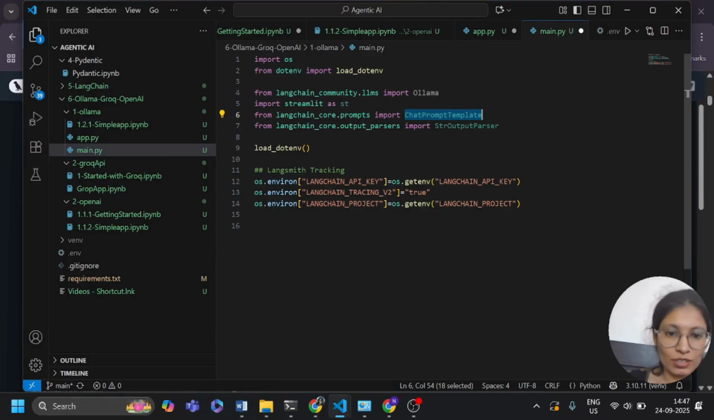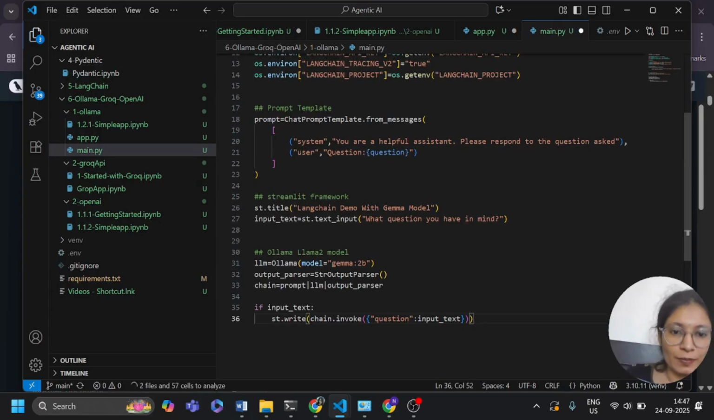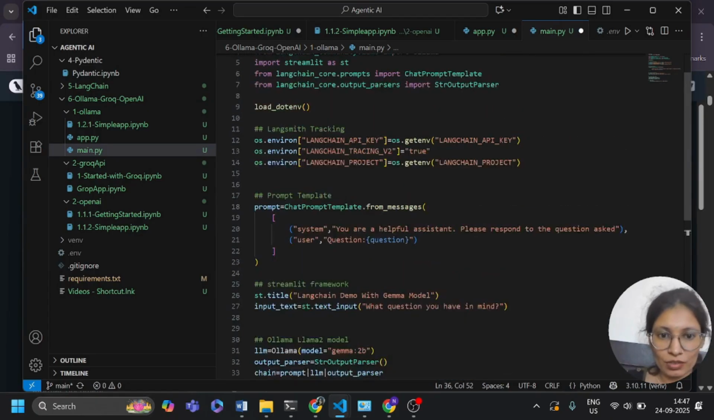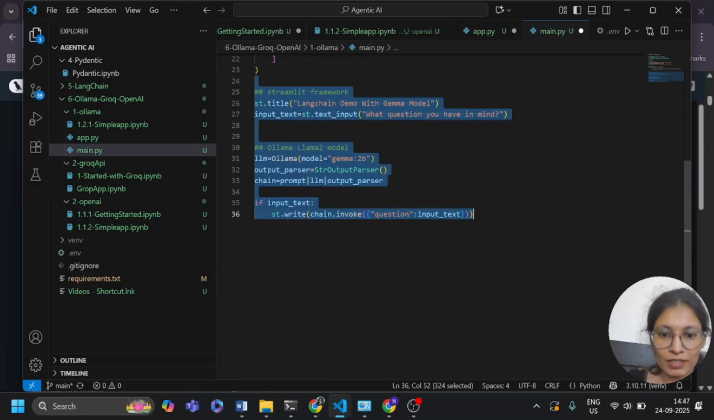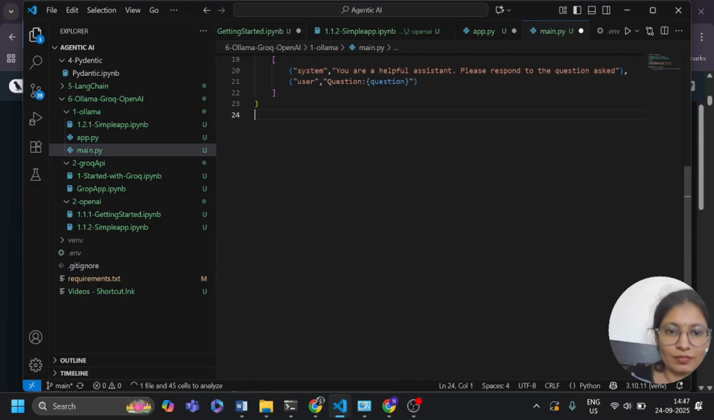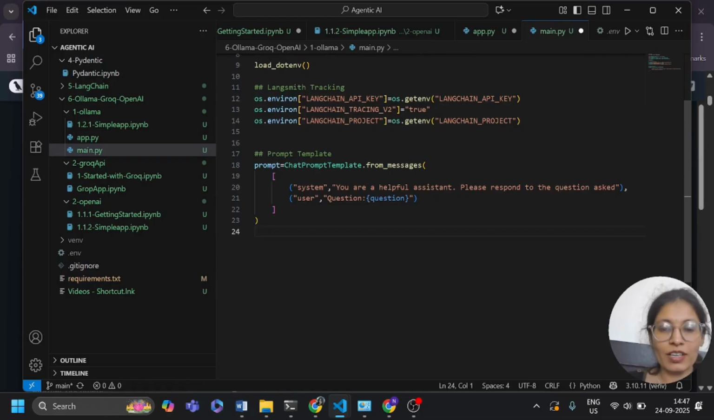So here I'm going to create one prompt template. Okay, so this is my prompt template. Prompt equals ChatPromptTemplate.from_messages. Here this is the system-based prompt template: you are a helpful assistant, please respond to the question asked. So this is for the system, and this is for the user asking the question. Okay, after that I need to create